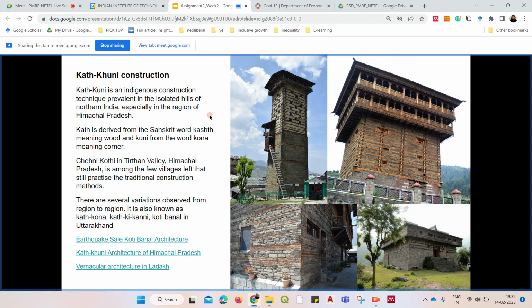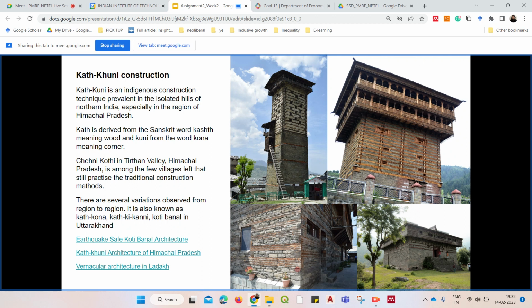It is a special technique which uses wood and stone construction, and the word comes from wood, kart, which is Sanskrit kast, which means wood, and then corner. So specifically the corner joints which are made using the wood and rubble masonry, as you can see here,